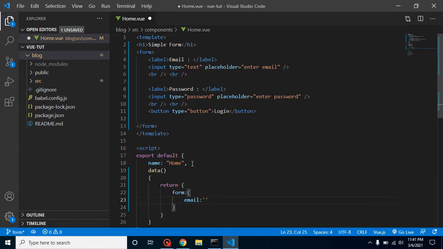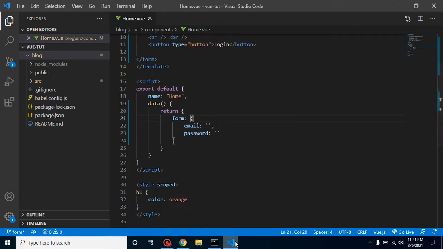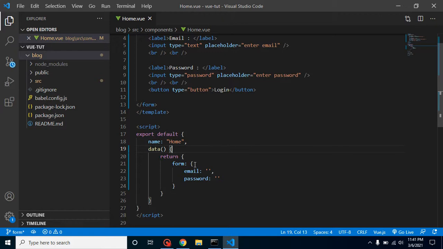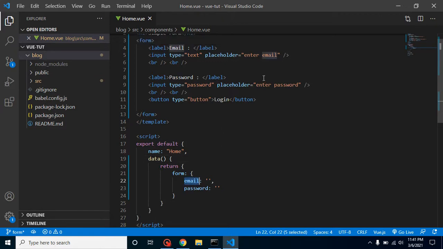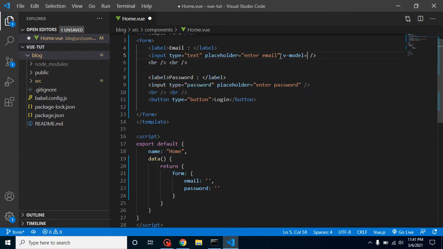It can be blank, and password can again be blank, right? All right, so now we just need to bind this form with our input fields. So just simply put here v-model.